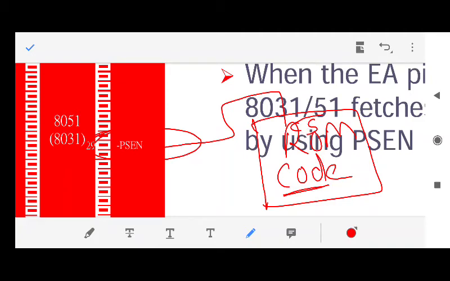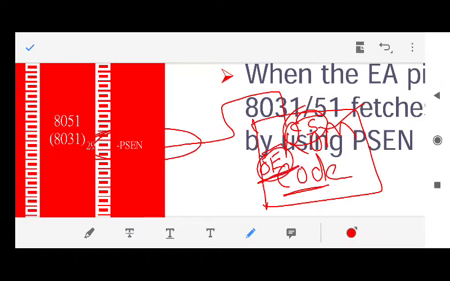And there is one more pin. Please remember, there is one more pin, the output enable pin. This output enable pin is only for ROM, not for RAM, not for other memories. It is only for ROM. Please remember, there are two pins, output enable pin and chip select pin. Chip select pin is in every external memory, but output enable pin is only in the ROM.